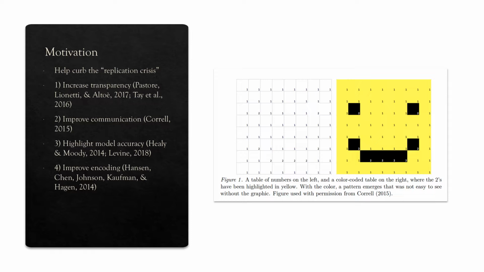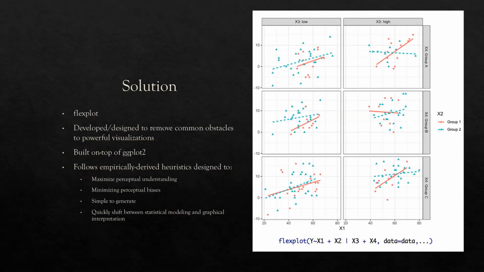Also, it will help improve communication, as visualizations can help explain sophisticated statistical procedures as opposed to viewing the results within an ANOVA table, for example. Third, it can highlight the model accuracy, as common statistical issues with nonlinearity, outliers, etc. can be viewed directly through the visualization as opposed to being lost within a summary table. And then lastly, it helps improve encoding, as you can see in the figure on the right of the page. So with that said,